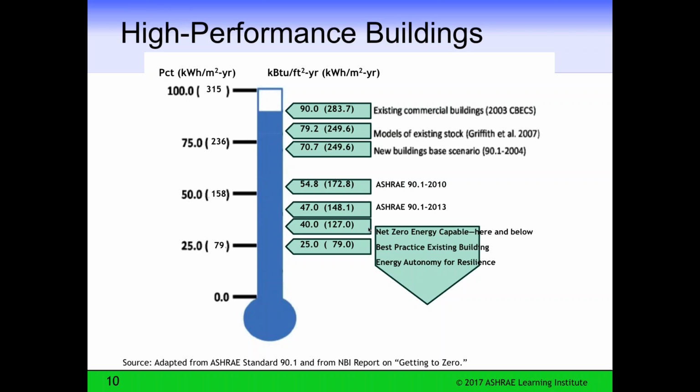Net zero capable is a building that if you add renewables to it, will reach net zero. So we're doing all the standard things you can do. And if you get down to that 25, 35, then generally that's a reasonable amount of renewables to add to get you to net zero. And there's a note at the bottom of the screen. There's an NBI, New Buildings Institute report. There's actually a series of reports from them on getting to zero. So if you do a web search on that, you can get more information. Very interesting stuff.